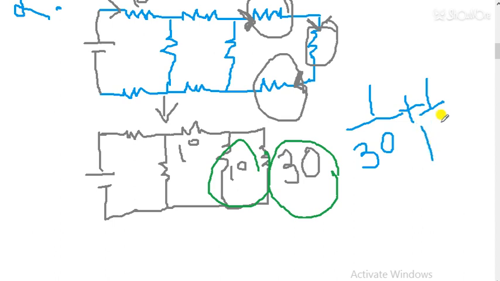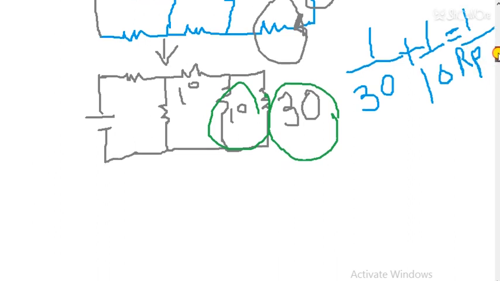When you do this type of questions, then you will be aware how to solve it. So I am aware, that's why I am writing their values directly. I am not solving this question for the value of Rp.